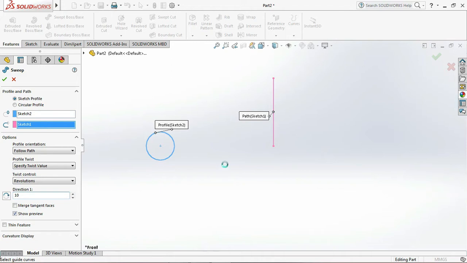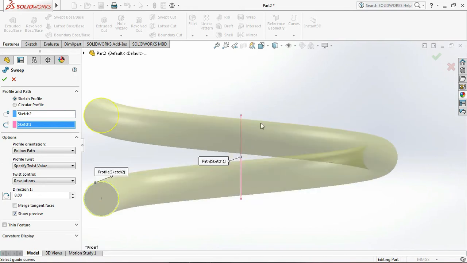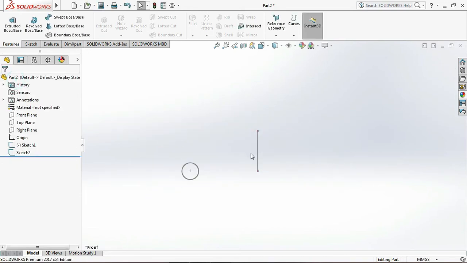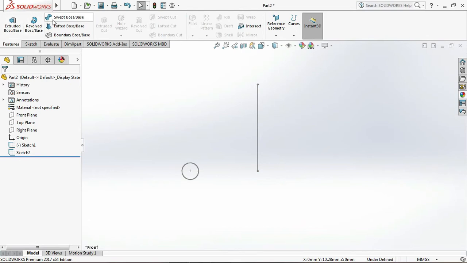It takes a long time. Let's make like 8 revs. Now the line is too short. No need to increase the line. We don't want to fully define this line, and you choose like exit out the sketch and go to Solidworks